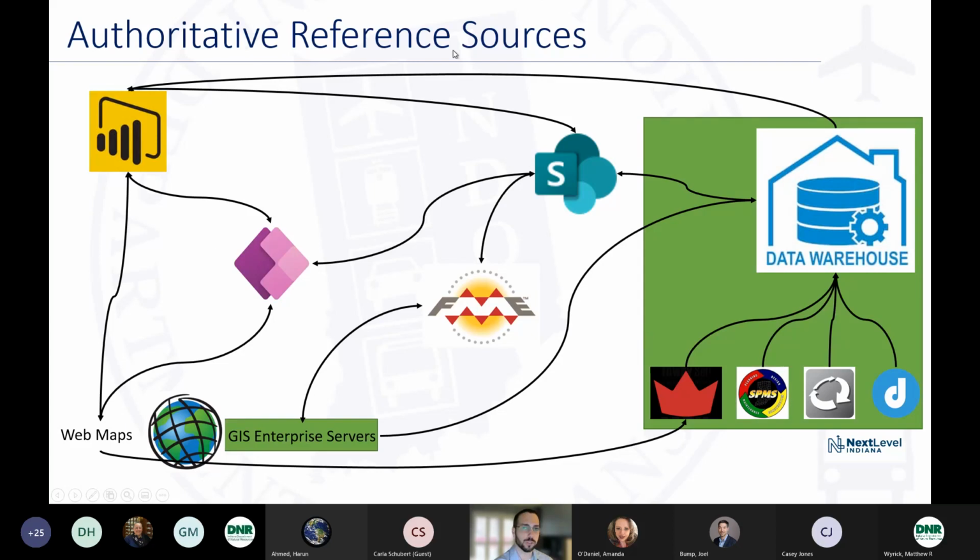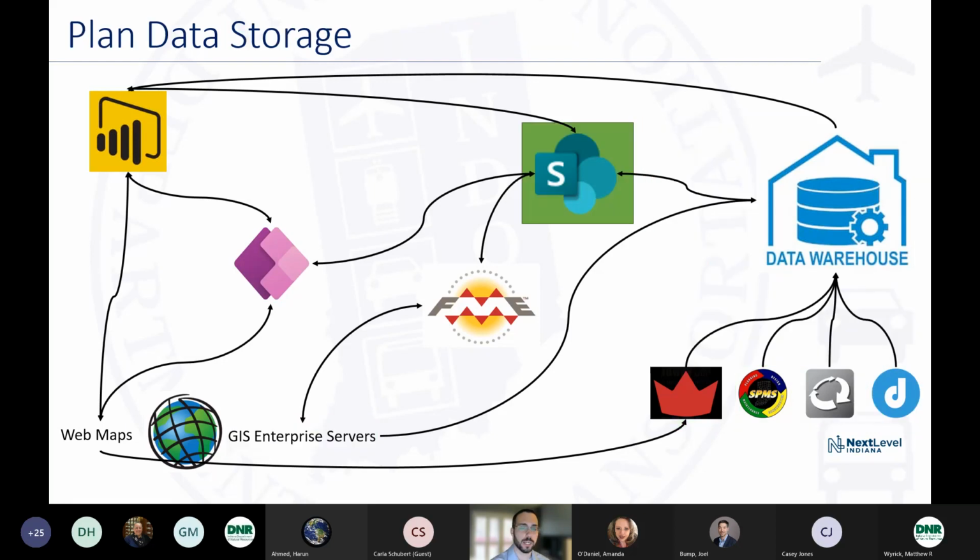So again, as far as authoritative reference sources go, we're pulling this data and we're treating that data that's getting centralized in the data warehouse as authoritative, or at least referring on a regular basis to the authoritative sources. And then we're actually storing the plan data within the SharePoint list. So we've got a variety of lists, and if anybody's curious about that, we can talk later about it. But essentially, we're using a few different lists, some for reference and then some as the ones that are actually getting edited by the users. That helps us keep the data in sync across the different